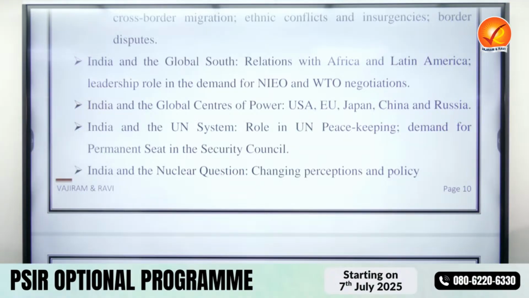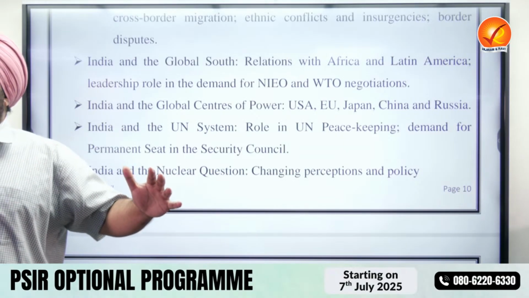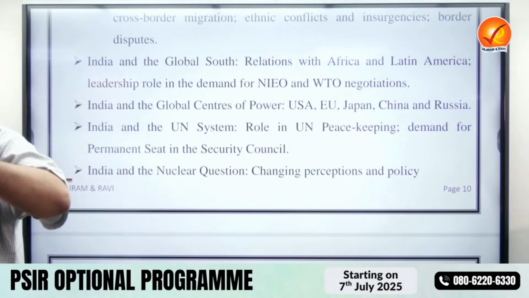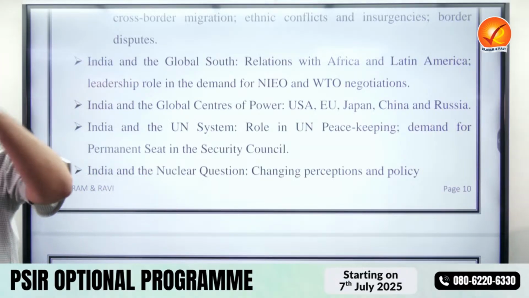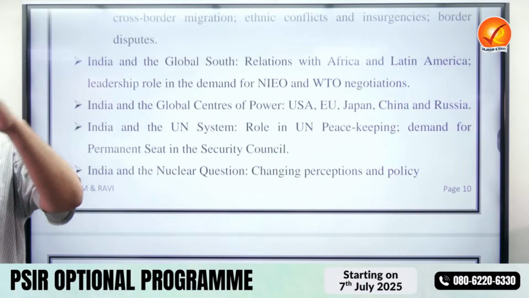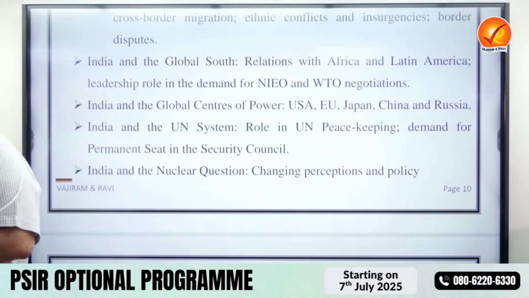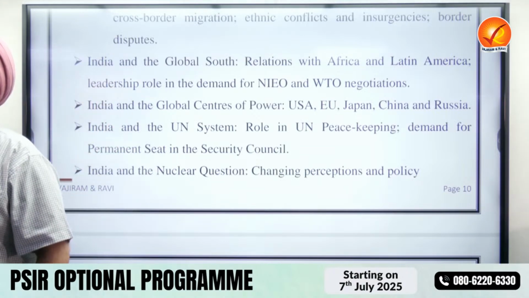So Global South countries have not got equal opportunities of growth and development. They've not got equal access to global resources. Their resources have always been exploited by the rich countries. Therefore, now there's a demand of the Global South that there should be a new international economic order. That means the world economic order should be redefined. There should be reconceptualization of the world economic order in such a manner that there should be redistribution of wealth.